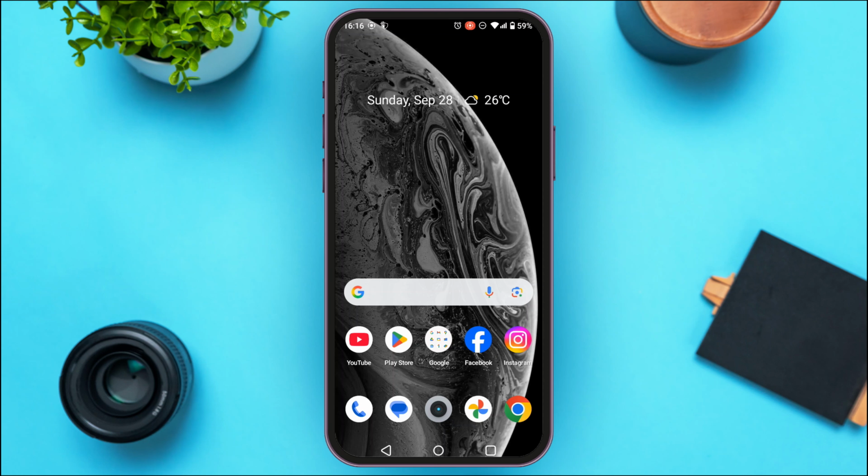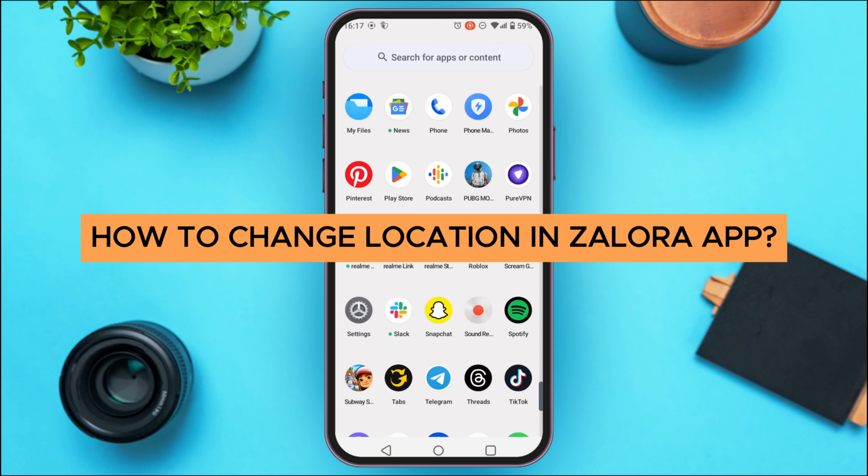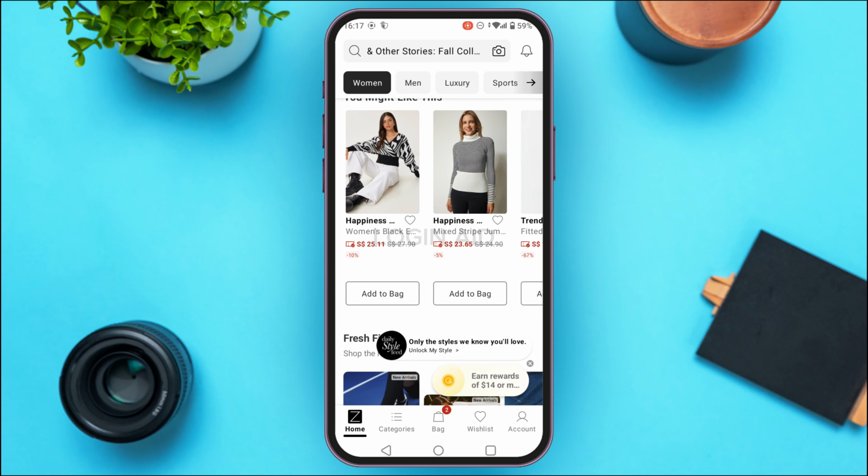In today's video, I'll teach you how to change location in Zalora app. First of all, launch open Zalora application. You can see over here, initially you'll be led to the home interface. So if you want to change the location, first of all, what you have to do is simply go to